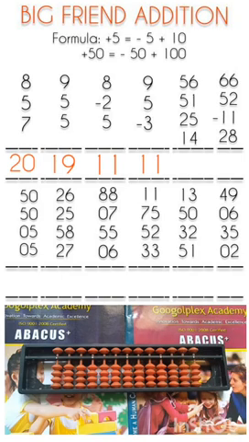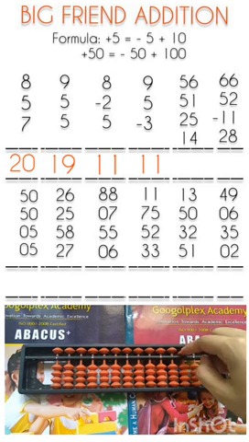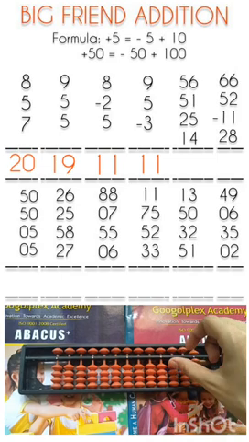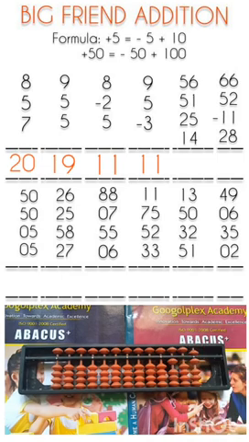Question number 5 is a double digit question. First number is 56. This is 50 and this is 6. Now we have to add 51 to this number. Yes, addition of 50, as we all can see, is not possible directly on the tens rod. Here we have to apply the big friend formula of plus 50, and that is minus 50 plus 100. Now add 1, as the number was 51.